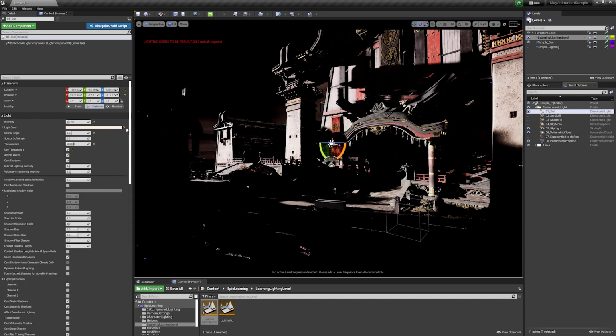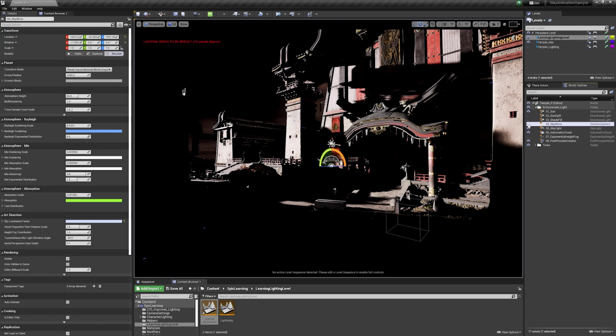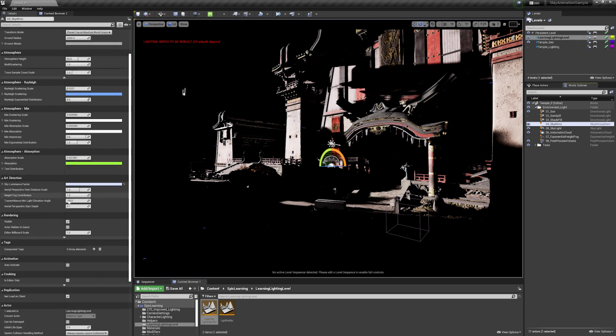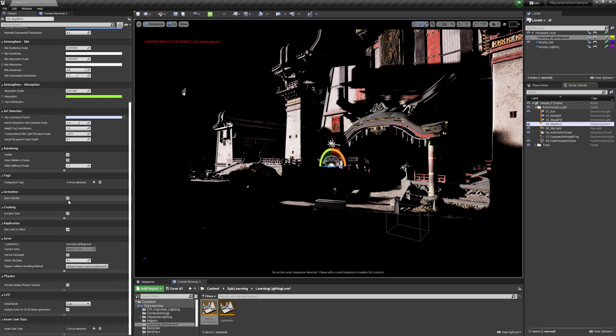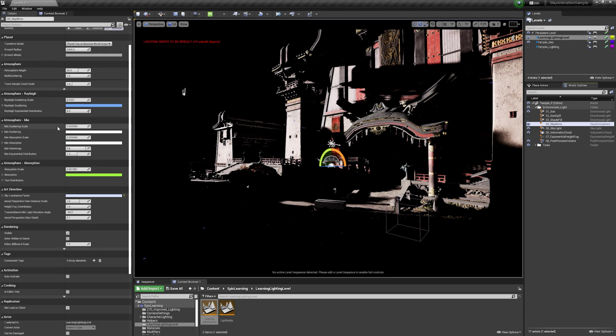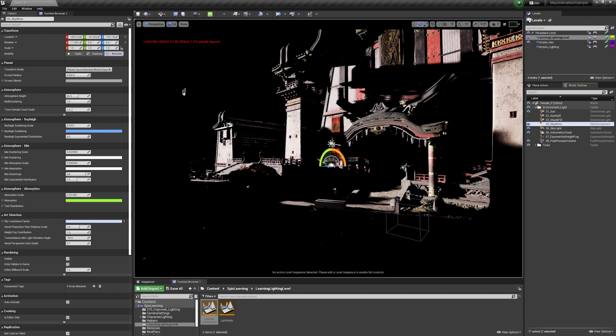I'm going to go up to my sun. I'm going to make that movable as well. I'm also going to go to my sky atmosphere and enable my sky atmosphere. On the sky atmosphere, for the majority of projects and the majority of time, you're not really going to mess around too much with most of these settings. However, the one setting that we'll get into details a little bit later is this art direction tab. This art direction tab is going to allow us to do things like kind of tweak the color of the sky or add more roll of the color of the sky later. But we'll get into details of that when we approach it. For right now, just turn on the sky atmosphere and make sure that that's enabled and set to movable, and we'll be in good shape.